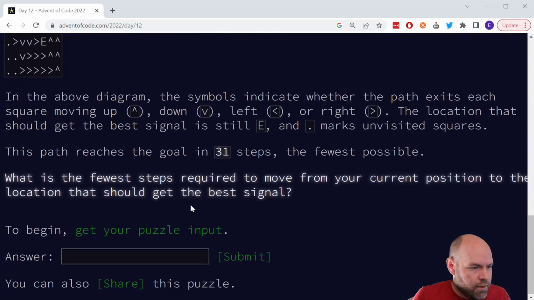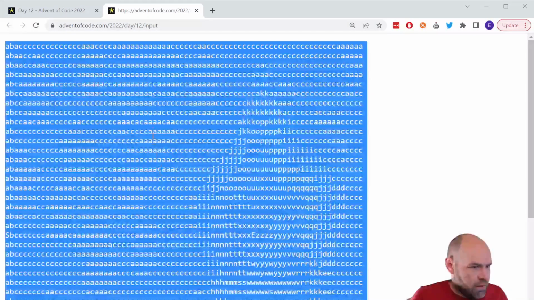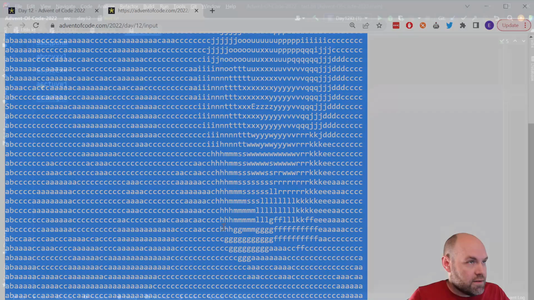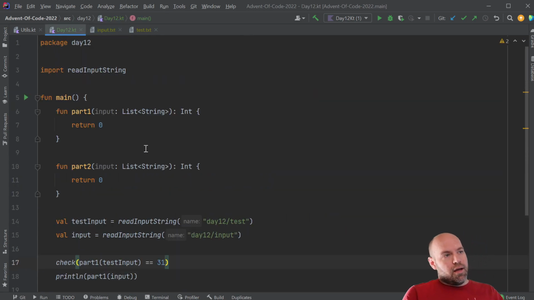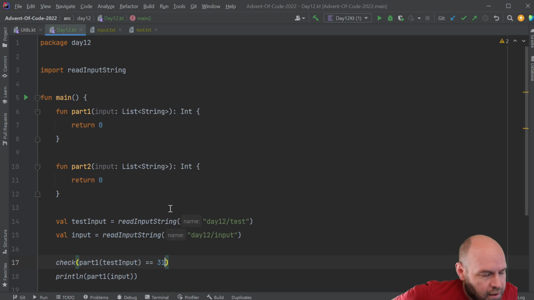And let's grab the puzzle input. That is a decent enough size square. And with these kinds of things, there's really going to be two major ways to go through it. One would be to do a recursion where you look at basically every step that you can go to, and then for each of those steps, every step that you can go to again until you find the exit. The other option would be to determine individual paths